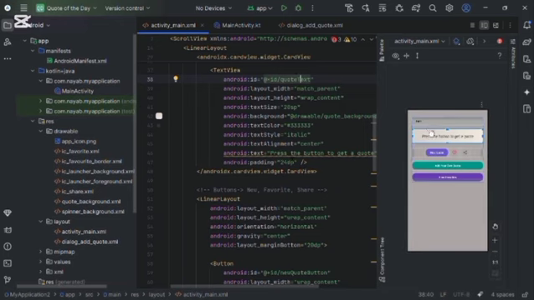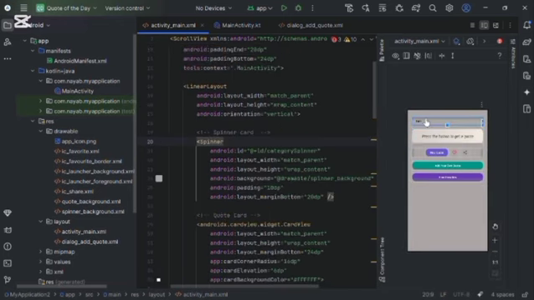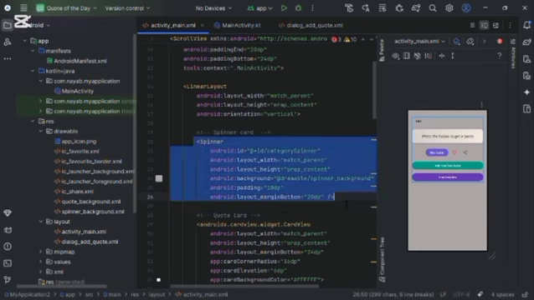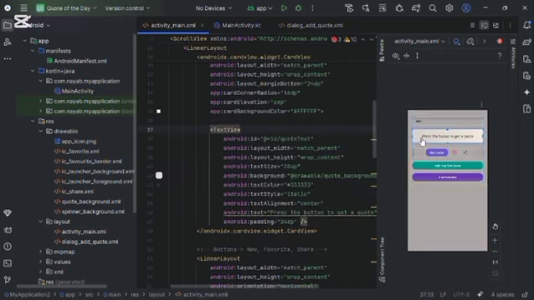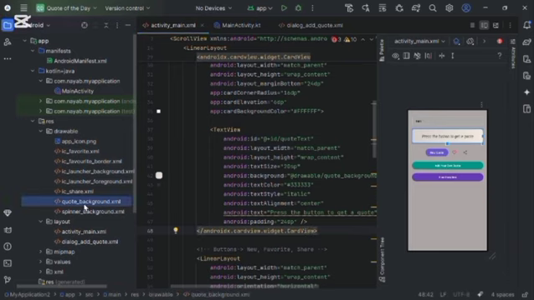At the top, I placed a spinner. This shows a drop-down menu of categories like All, Inspiration, Life, Motivation, and Business. Users can select any category to filter the quotes accordingly. Then comes a card view, which is used to display the quote text along with the author. Inside the card view, there's a text view that shows the quote. Card view gives a soft elevation, padding, and rounded corners to make the quote look like it's inside a styled